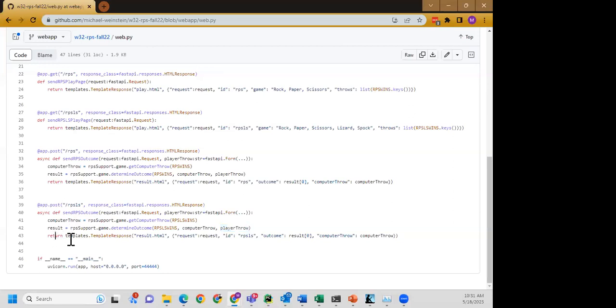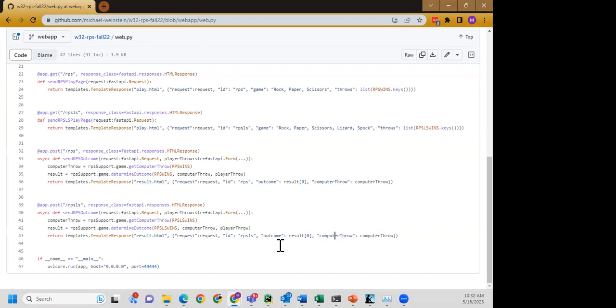And it's going to return a response here. It's using templates, and using templates is what lets it automatically fill in those values. It's going to return the result.html, and in this case, it's going to say the ID of the game, that's RPSLS, the outcome,